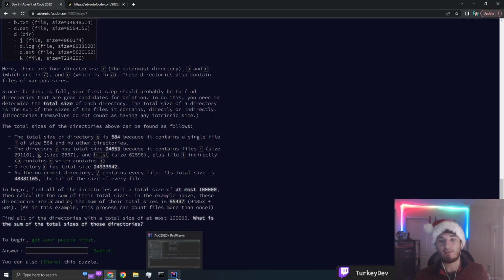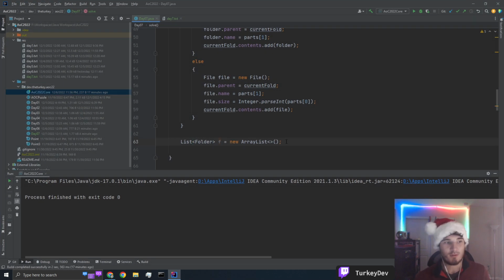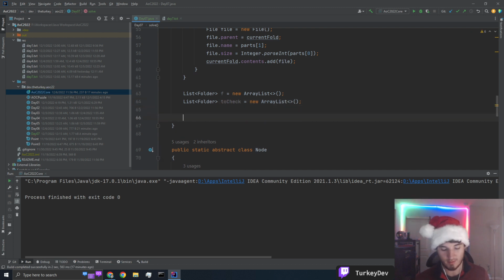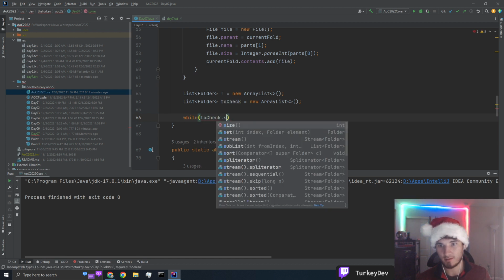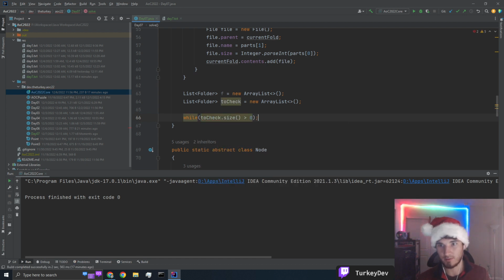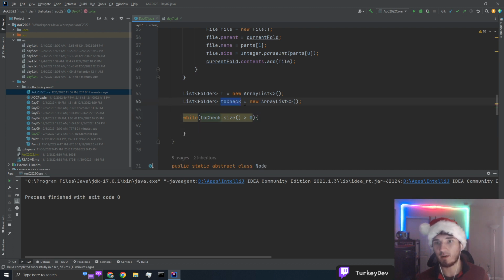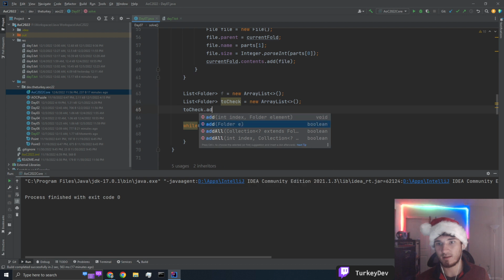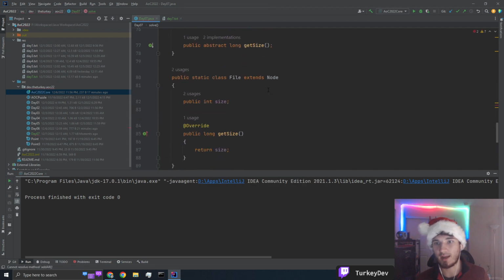Yeah, so the processing count file is more than once. So we're gonna have to flat map this, and the easiest way actually is to do this and just go while toCheck size is greater than 0. Just run here, and all we'll do here is do toCheck.addAll. I'm gonna actually go ahead